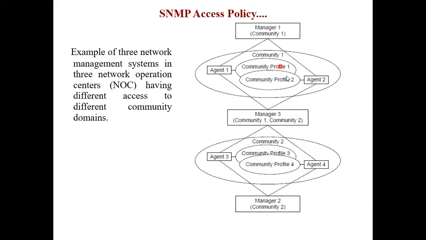So we just see, the manager is the same, the agent is the same, there is no encryption or decryption. Only by pairing the manager and the agent into one community, we achieve this. This might be the headquarter of Mumbai and this might be the headquarter of Pune. And there might be a global manager sitting at the main headquarter, main branch.